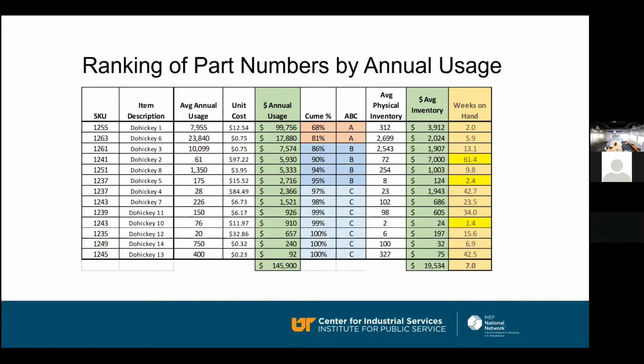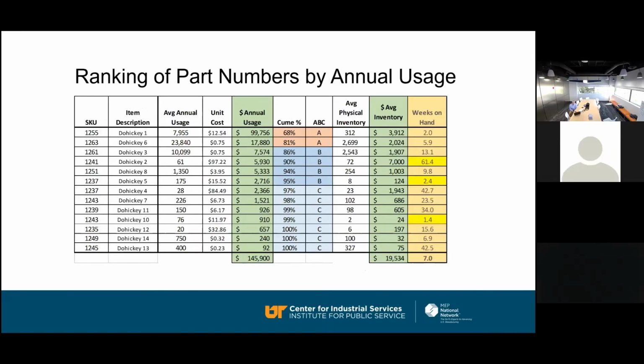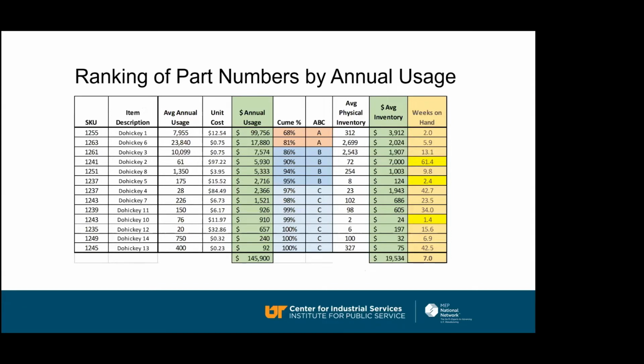Okay, the weeks on hand, you're going to set the system up where it's going to be pretty much the same as far as weeks on hand, but then life happens. So when I'm looking at this, I'm starting to get some information. Okay, it's no longer data, it's starting to tell me a story. And on the weeks on hand, I've got 2 weeks on hand on the first item. I've got about 6 weeks on hand on the second item. I'm not too worried about that. Maybe that is the normal variation that we're going to see, and I'm okay with that.